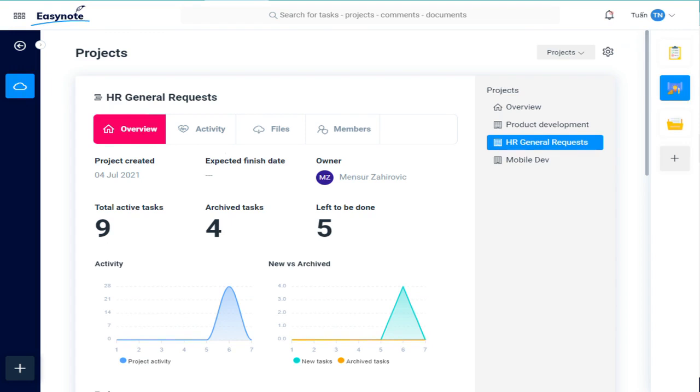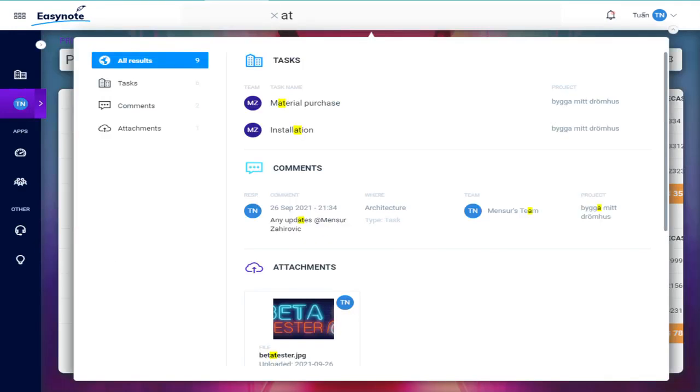You can find anything you are looking for using EasyNote's powerful search engine integrated directly into the tool. Quickly open the search menu with keyboard commands and start typing for instant search results across any documents, lists, comments, and attachments. The search engine will return results from everything you have created across all projects, tasks, and documents, so no information ever gets lost again. The built-in search engine helps you find relevant query results across tasks, comments, attachments, and more.